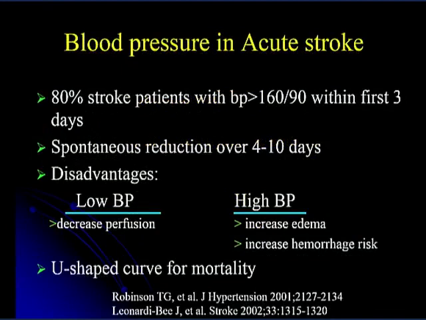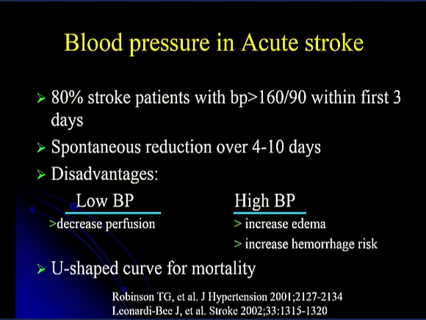Now, we mentioned blood pressure control early, and the reason to wait a day or so is that 80% of the patients with high blood pressures, you're going to see them high in the first 3 days, and then spontaneously it'll come down. It's high because they have a lot of adrenergic surge, so we expect to see it come down. If you over-control it, the problem is that you're going to have problems with low perfusion, and if the blood pressure is too high, you're going to have edema and